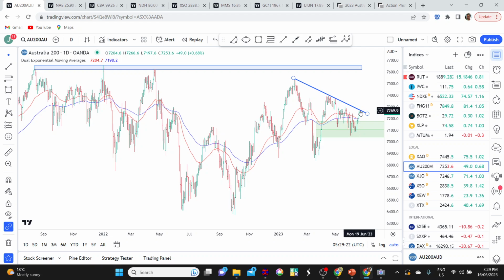And the key thing, though, is we need to see the price break this series of lower lows, which has been in place since the February high, and that's one of the missing pieces for getting an upward trend. We need to see that sequence broken, and it's also noteworthy that the local market hasn't been running with the US market, so we're a little bit out of sync with the sort of price action we're often accustomed to. When the US is running, the ASX 200 will often be moving in tandem.